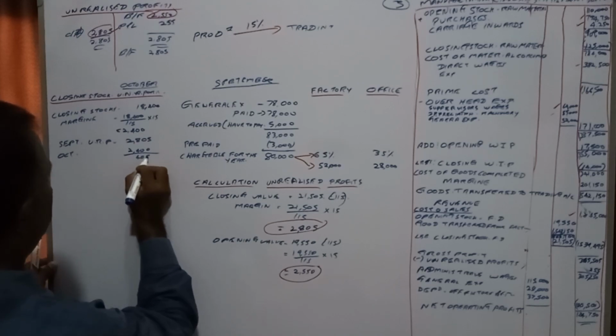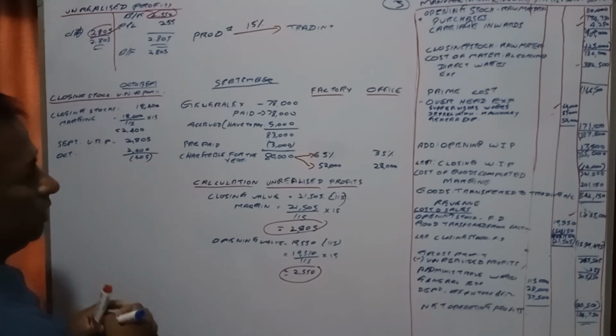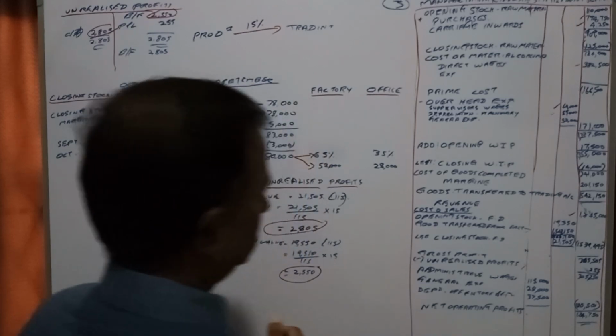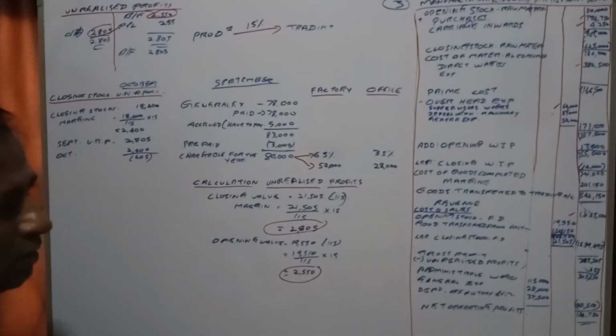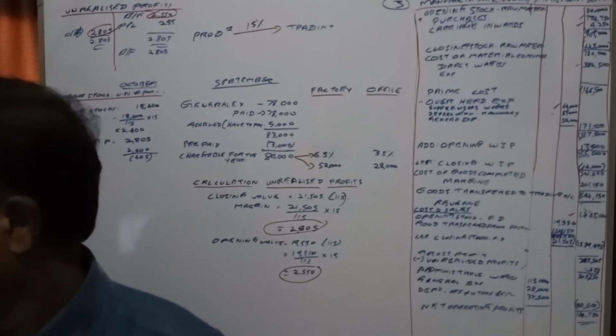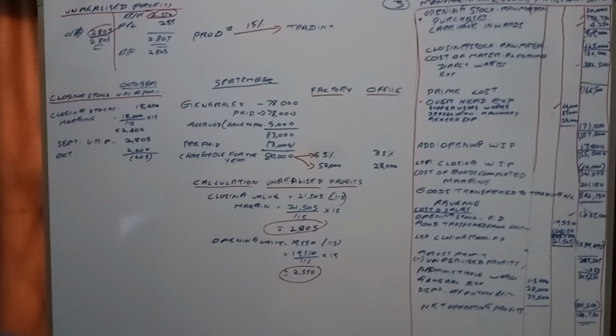Then 405 should be transferred to the profit and loss account. They haven't said anything about the other budgets, closing stocks or opening stocks. They said the budgeted closing inventory value of finished goods at transfer price at 31st October 2015 was 18,500